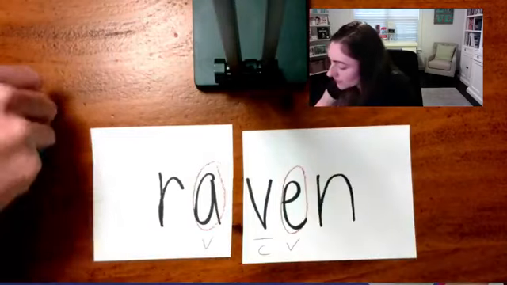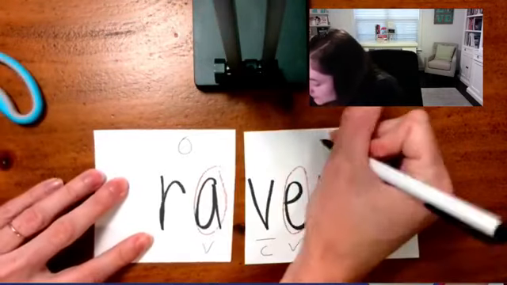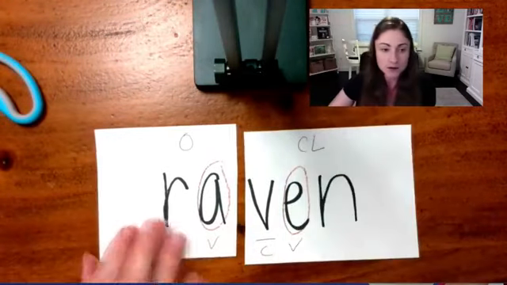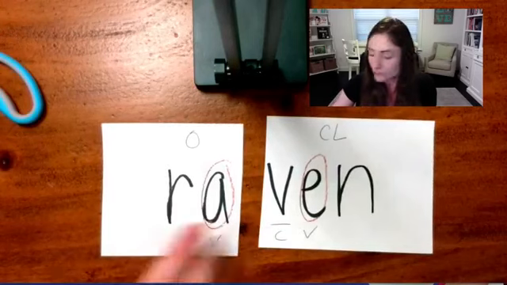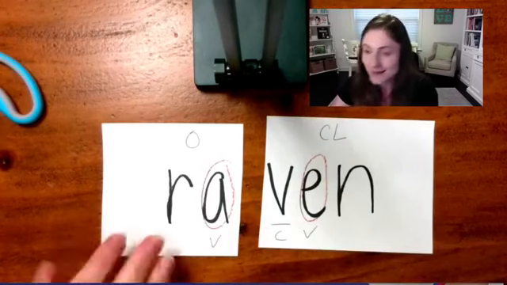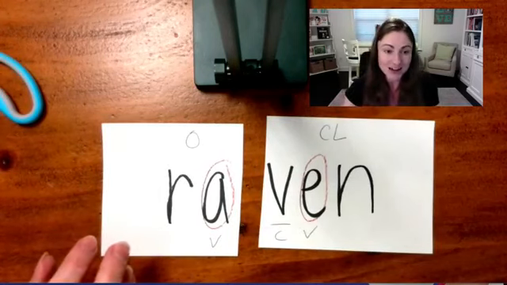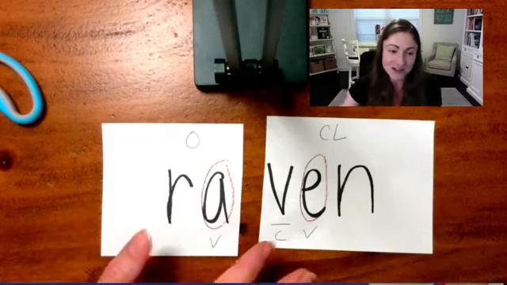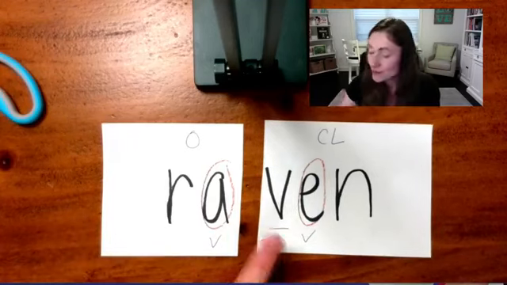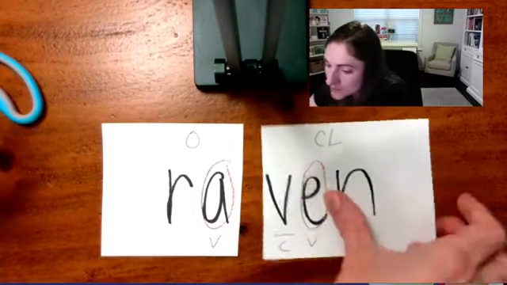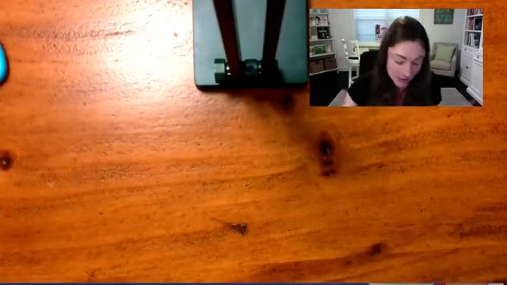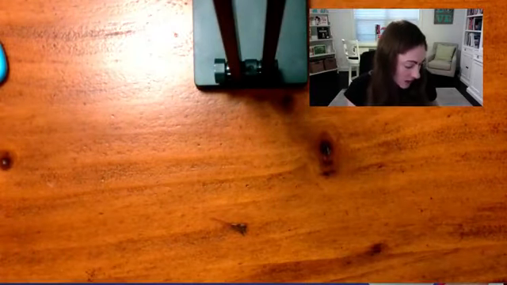Okay, so now we have an open syllable and a closed syllable. Raven. In this case, they kind of read it before they were actually coding the syllables and dividing it, but that's okay. That's necessary when there's one consonant. And the reason why it's necessary when there's only one consonant